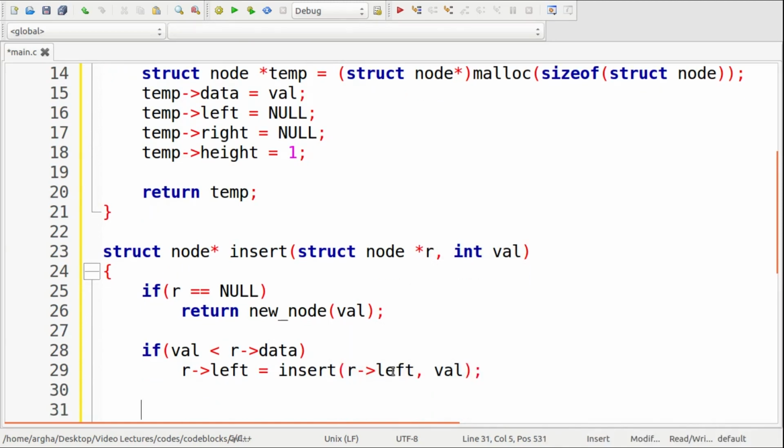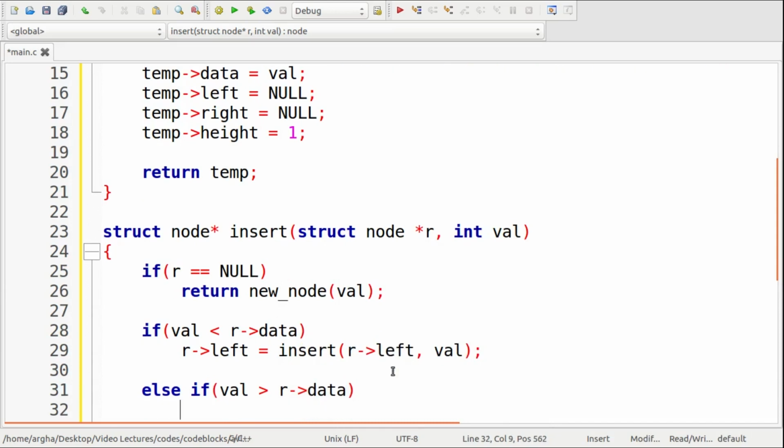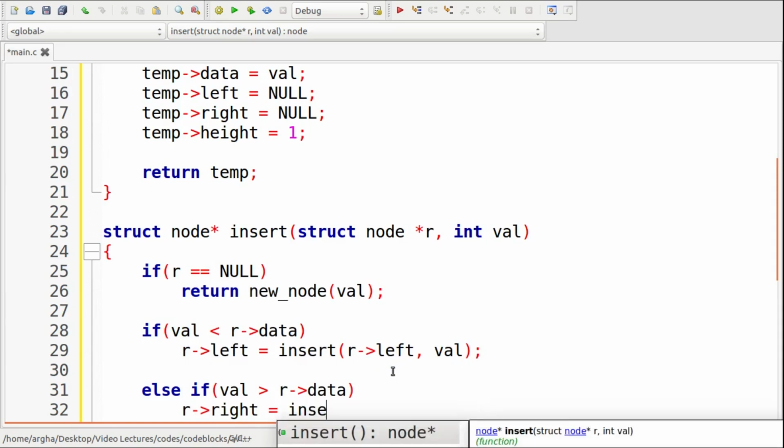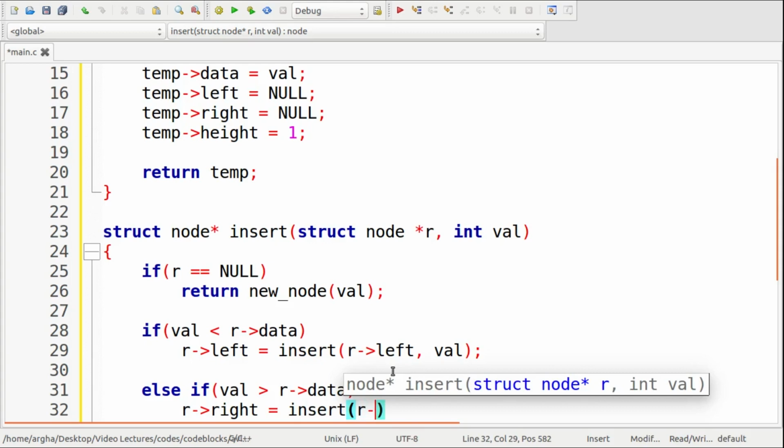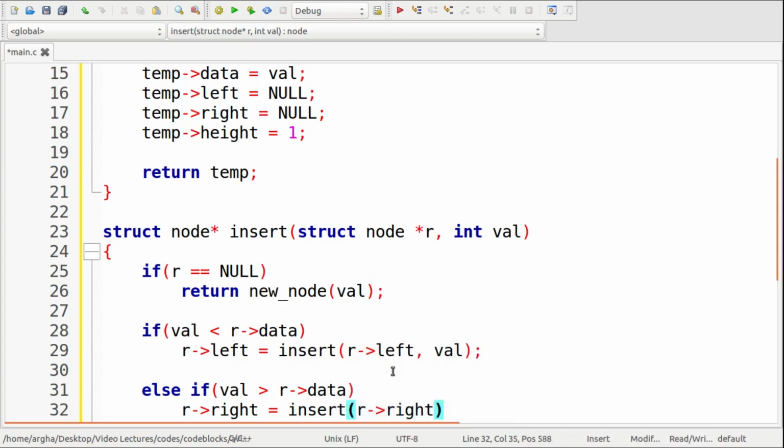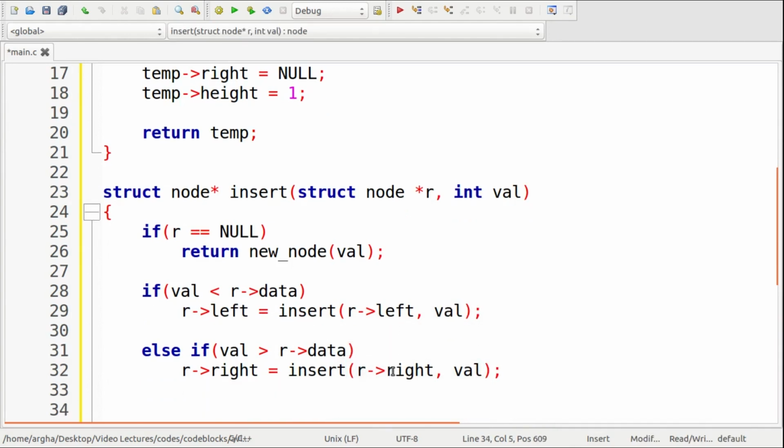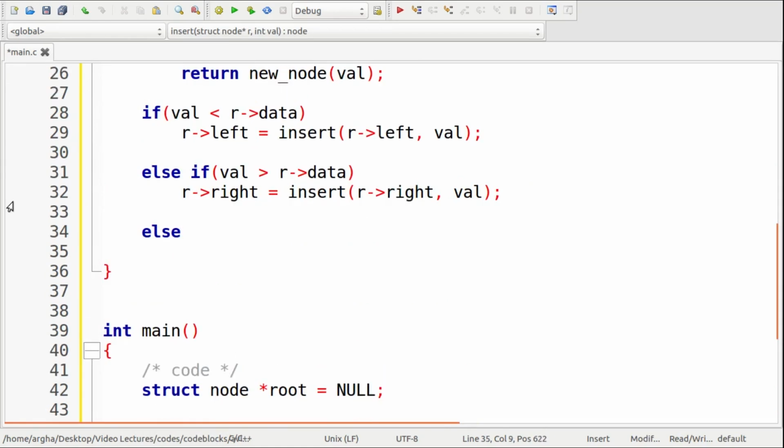Right, now else if another condition, if the val is greater than the r data, then we'll say r right is equal to again a recursive call to this function on the node r right and the val. Lastly, else return